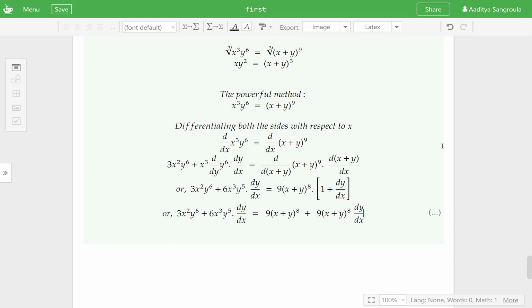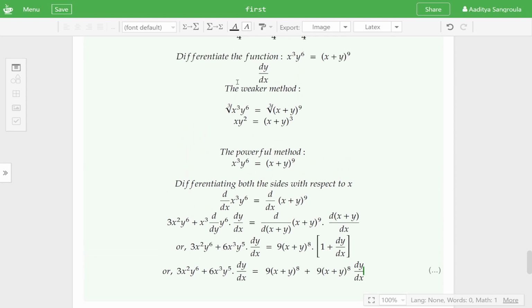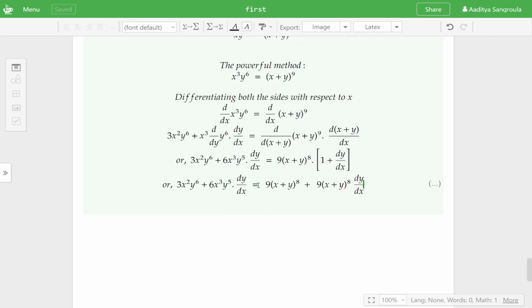If you think, what do we need? Well, we need to differentiate the function, and we need dy over dx. So if we need dy over dx, then we need to look at this. We have the dy over dx on two sides over here. So if we have the dy over dx on the two sides, then we need to bring them to the same side. So I'm going to be bringing this to the left hand side and taking everything else to the other side. So this minus